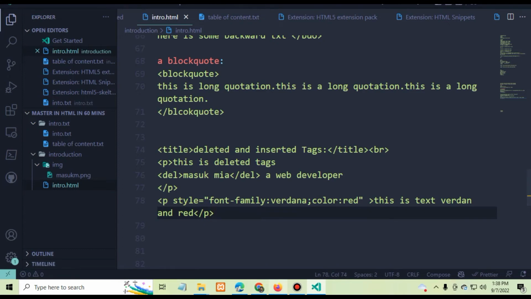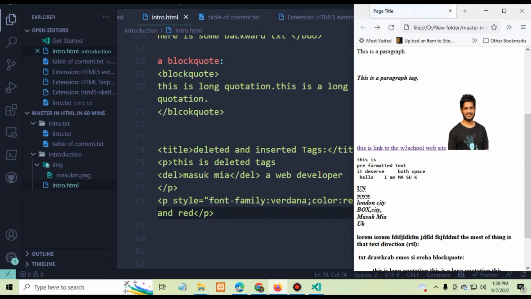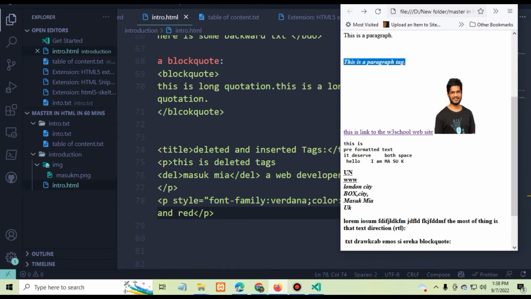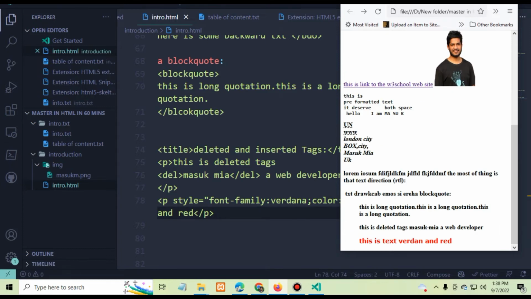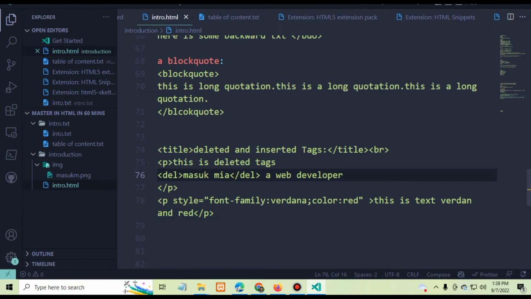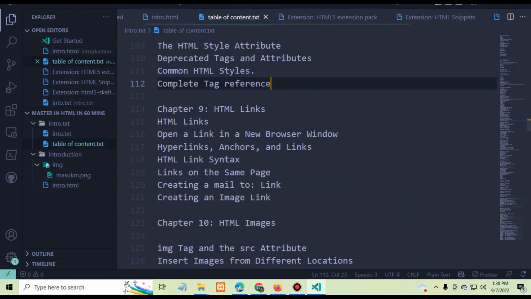Okay, now I'll come back in the browser and refresh it. So this is the text in verdana and red. Okay guys, so I hope you better understand. In this example, this is the style attribute, or inline HTML code. Now I'll move on to the next content,